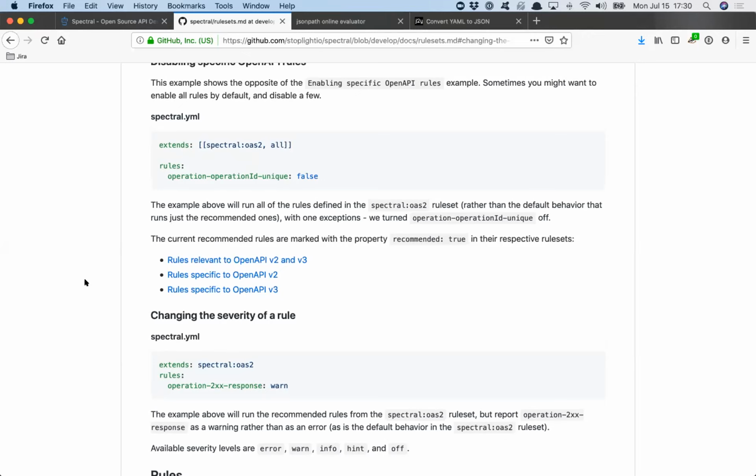Is Spectral going to be closed source someday, or are you planning on having a commercial version of Spectral? No, it's open source. It's going to be open source. This is one piece of the ecosystem. We're not trying to monetize every single little tool that we make. We prefer that people had access to these tools and were able to link their tools. There's a bunch of other tools coming along, and you can glue them all together yourself. And at some point, you might get bored of gluing them all together and decide to give us a bit of money, and then you realize that all these tools are already glued together for you. No, there's no particular need to monetize Spectral. Use it for whatever you want. Make rule sets, share them, blog about it.